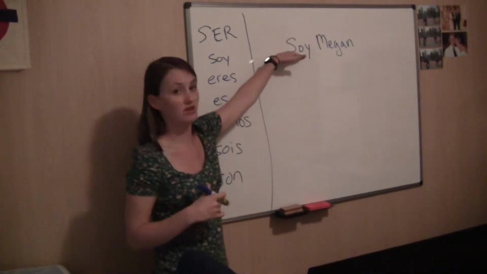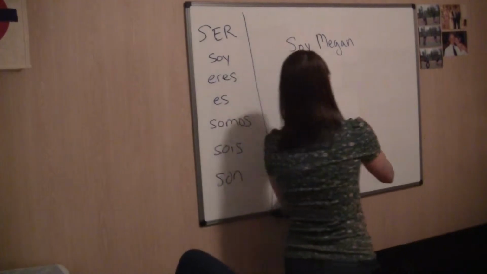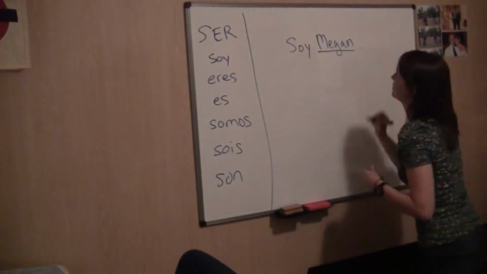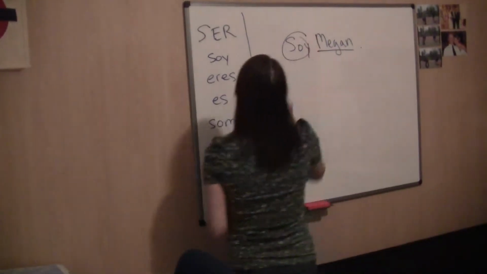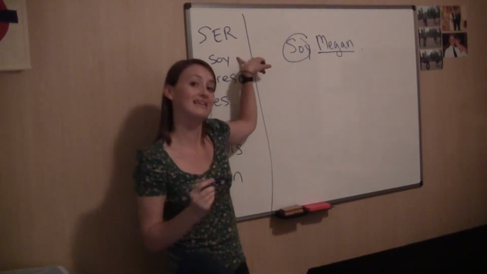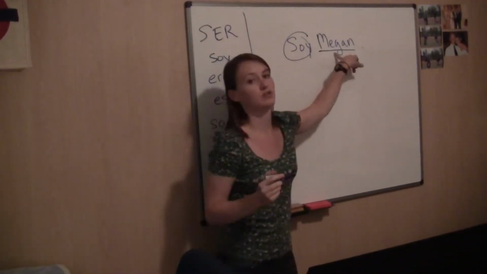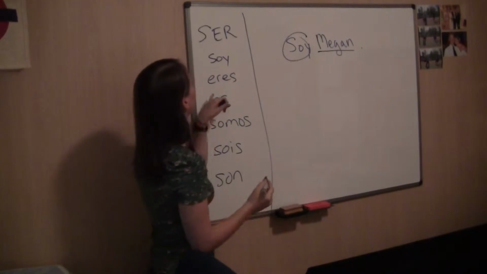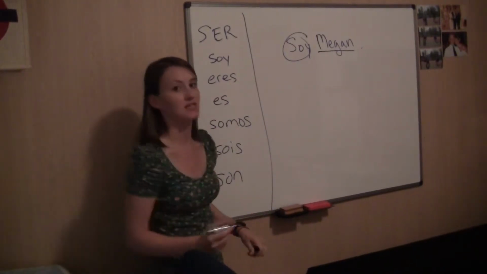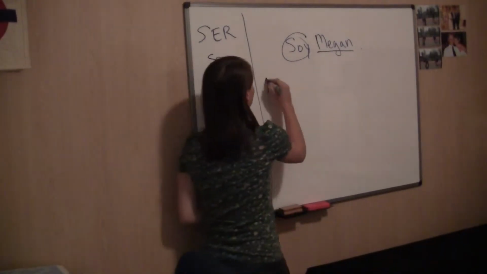So the first one I have here is soy Megan, right? To introduce ourselves, we learned in previous PowerPoints we can use the verb soy, which means I am, to introduce ourselves. Soy Megan, right? If we want to use one of these on the list to present someone else, we would say